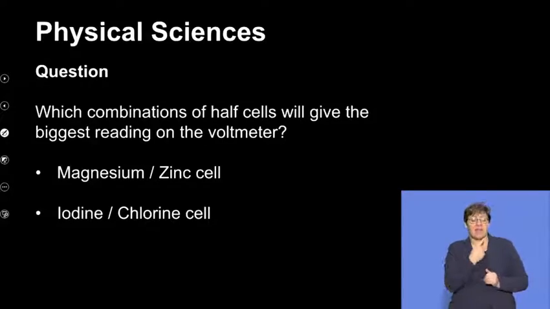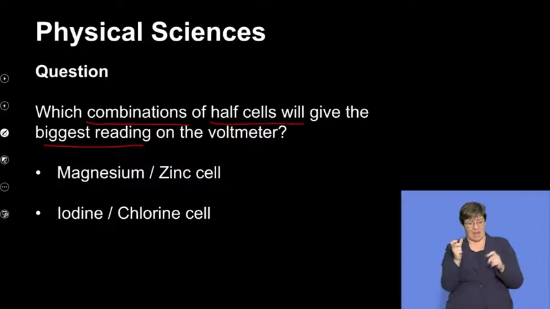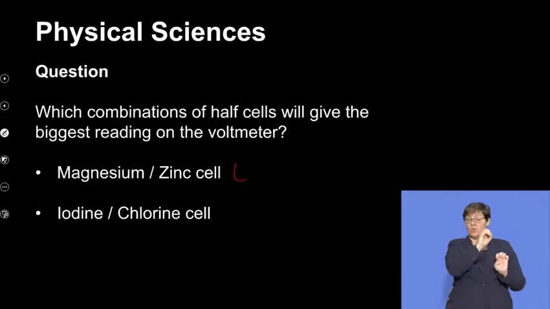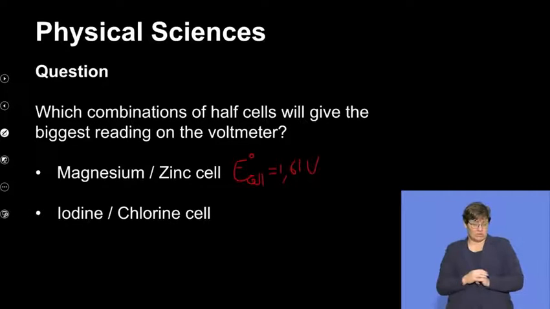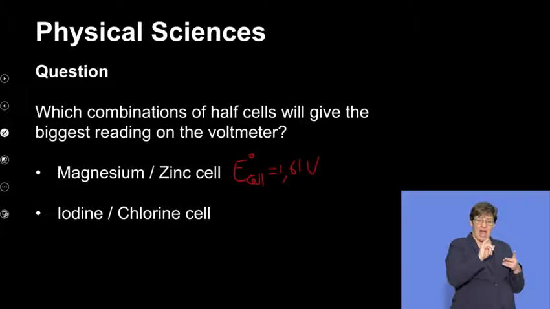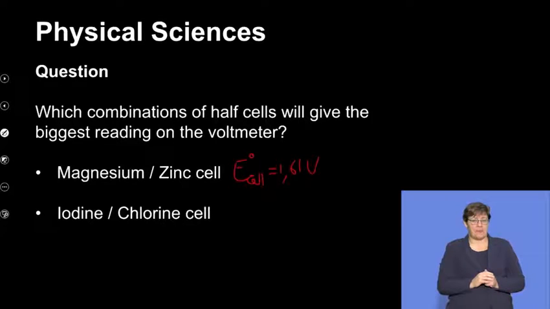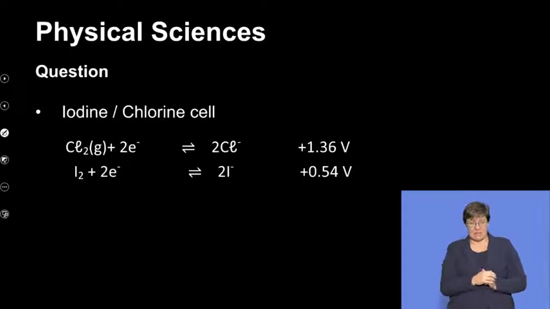It says to us, which combination of half cells will give the biggest reading on the voltmeter? The E0 of the magnesium zinc cell was 1,61 volts. I wonder if the iodine chlorine cell could give us a bigger E0 value. Well, I don't know. Let's go and see. So what you can see here is we've written down the reactions,